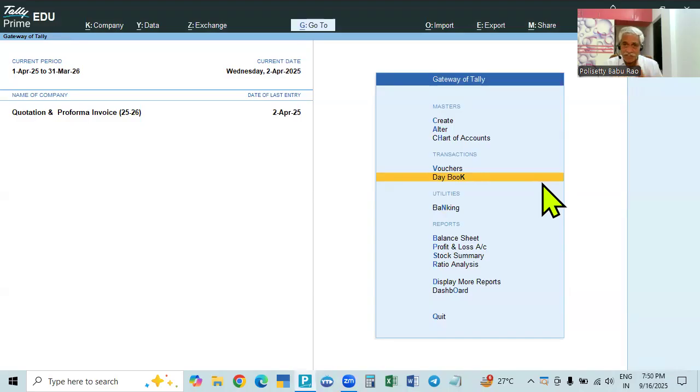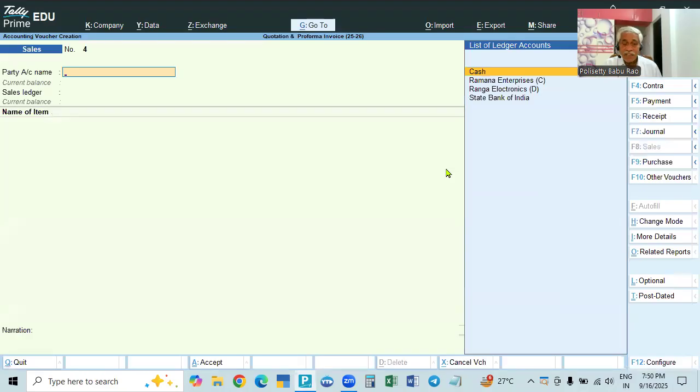And so that is also equal to sales. In this case, if you give the quotation, it will be equal to the short quotation. If you give the proforma invoice, it will be equal to the original tax invoice, that is equal to sales. That is why, in this case, if you go to voucher, previously for quotation, we will open the